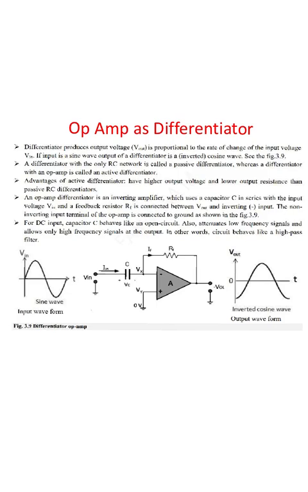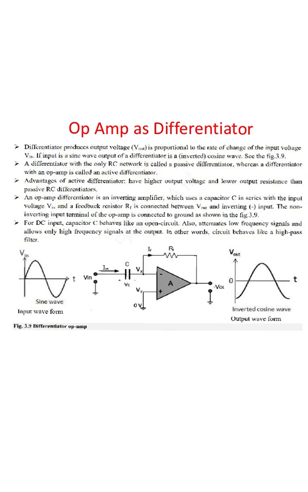A differentiator with only an RC network is called a passive differentiator, whereas a differentiator with an opamp is called an active differentiator. The advantages of the active differentiator are high output voltage and low output resistance compared to the passive RC differentiator. Advantages of